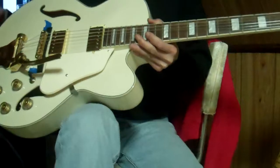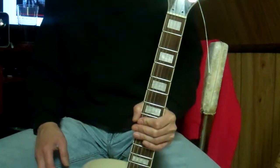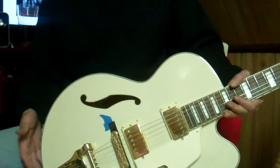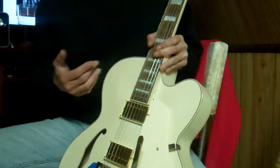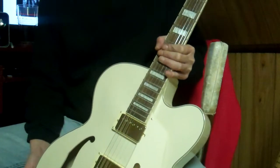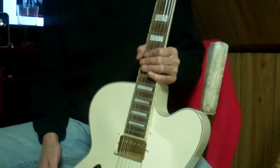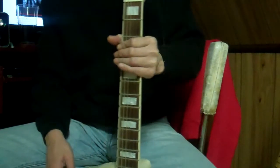But overall, for the price of this guitar, and especially what I paid for it, which was on sale at Guitar Center, believe it or not, it was an incredible price. It was very, very cheap, and all I can say is it's a cool looking guitar. Ivory would not have necessarily been my first choice, but I think I'm getting used to it, and that's pretty much it. It's definitely a great bargain guitar, great bang for your buck. If you're low on funds, you don't have to get a Gibson, you don't have to get a 335,